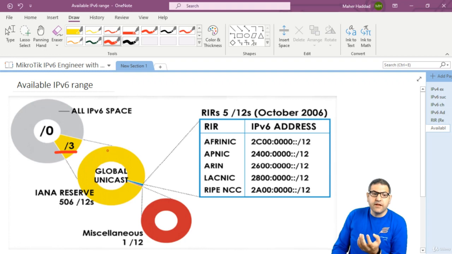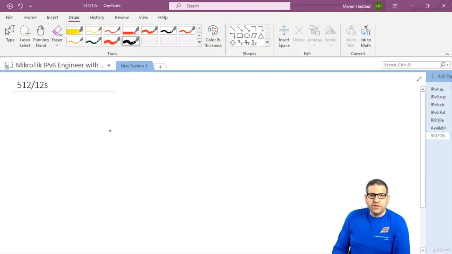Okay, and that means that from this /3 we can get how much? We can get 512 of /12s. What does it mean here? Let me just open for you a new slide to explain what the 512 /12s means. Now, if you want to understand what 512 /12s means on IP version 6, let's think of